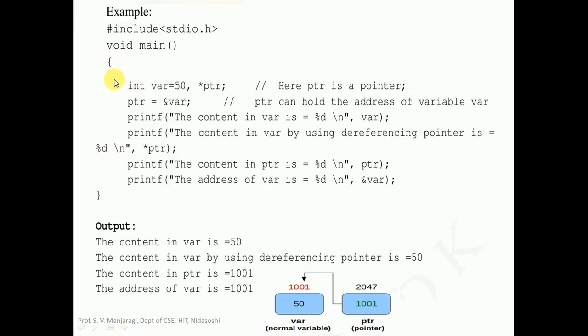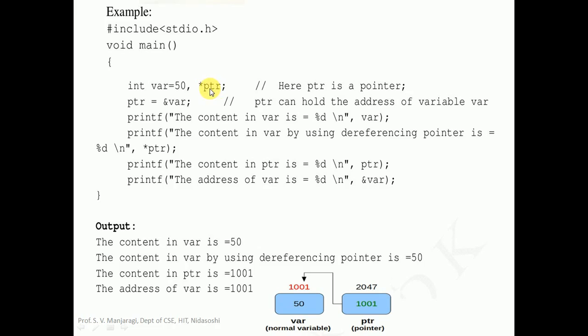Now inside the main function we are declaring pointers and some variables. Let us see how to do that. So this statement basically int var is equal to 50. So int is the data type, variable name is var, that is initialized to 50, comma star ptr. So this particular statement is creating one ordinary integer variable with the name var, that is initialized to an integer value 50, and also it is creating a pointer variable ptr. So this star or asterisk used with ptr indicates that ptr is a pointer.